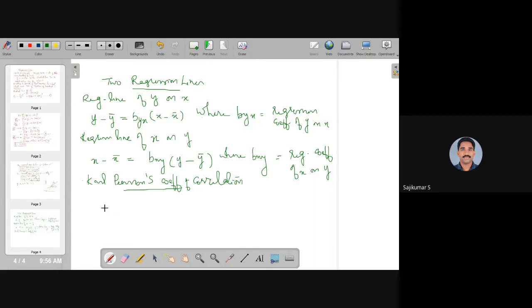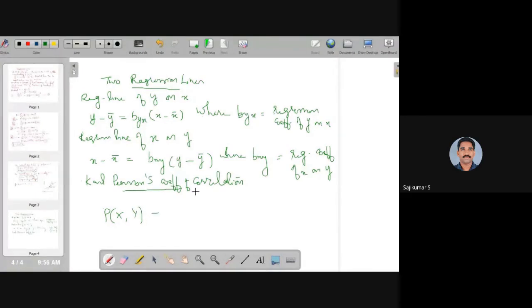See, this is a coefficient measure, and we define the population correlation coefficient, rho of the two random variables x, y, rho xy, is equal to rho of x comma y, or we can use the suffix notation rho xy, is equal to the ratio of covariance by variance, that is covariance of the random variables x y divided by square root of variance of x into variance of y. Okay, this is the basic.